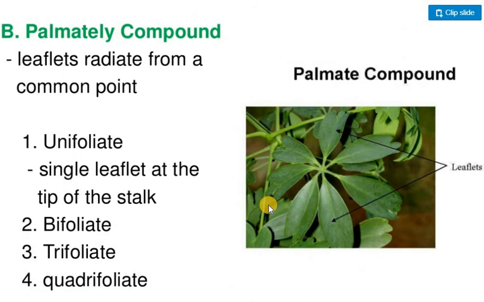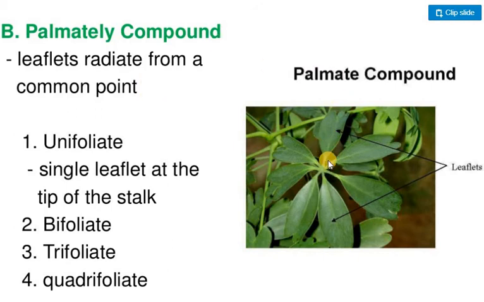Now, the second one is called palmately compound leaves. In pinnately compound leaves, you identified a long rachis, and the rachis has leaflets towards both sides. And this one is called palmately compound leaves. What is a palmately compound leaf? Like a palm. See this. Just think about the leaf of tapioca. If you think about it, it has a petiole, and from one point, like the fingers of a palm, leaflets are arranged. See this.